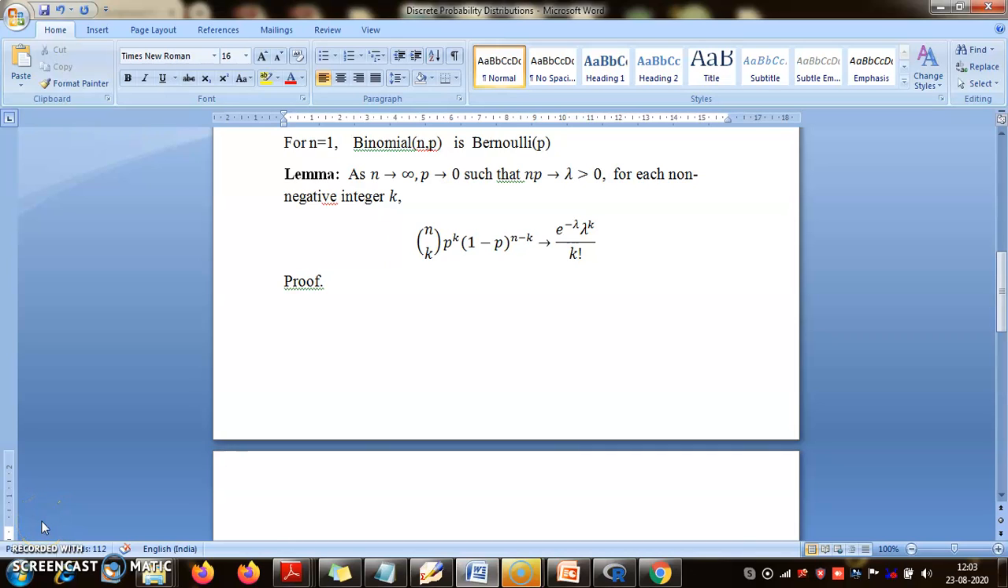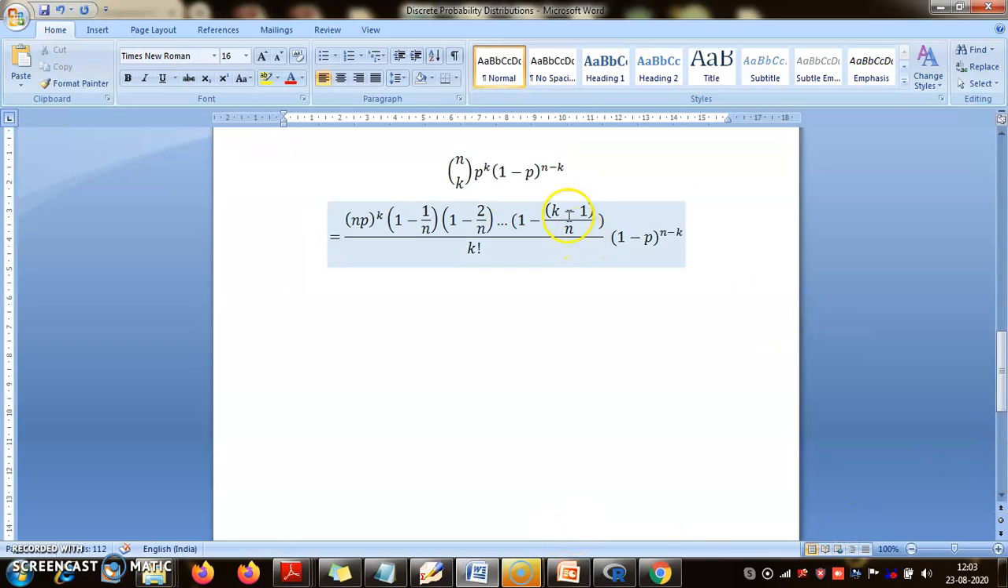Hello, today I am going to prove the lemma that I stated in the last presentation, namely that the Poisson probabilities serve as an approximation to the binomial probabilities under the condition that n is large, p is small, and how small is p, so that n times p is close to some positive constant lambda. The key to this proof is to look at this expression